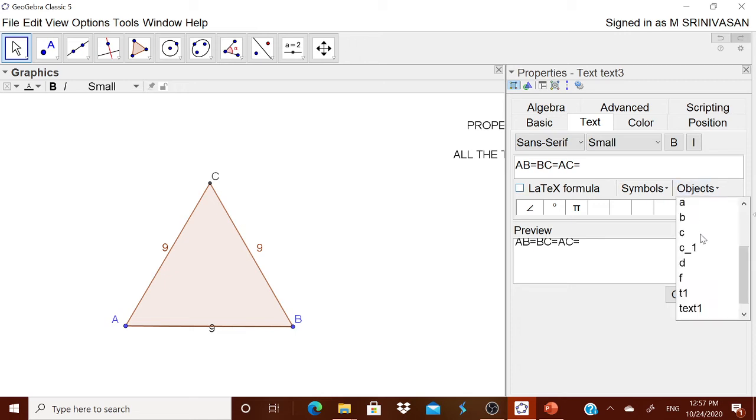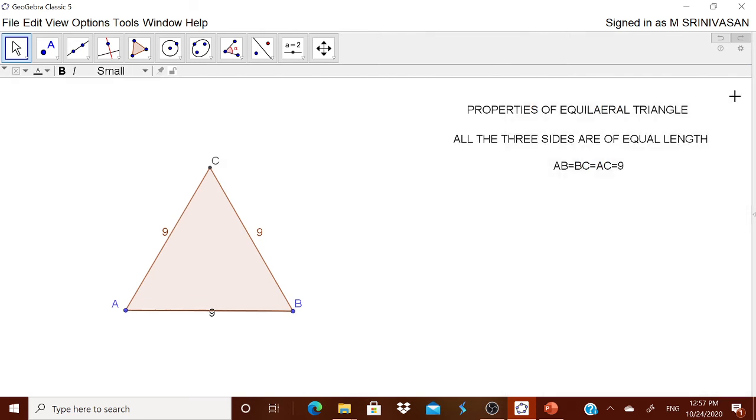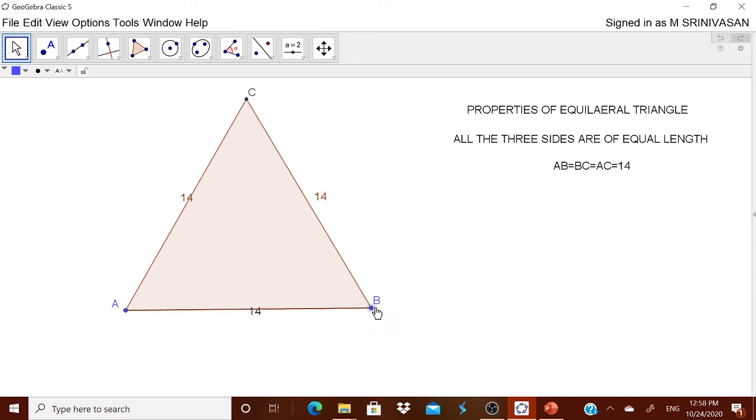In that object, I have to select this A. Put the cursor over here and then go to this object and select that A. I think it is 9 over here. You can select any of it, either A, B, C, whatever, maybe all are equal now. You can ask a child to come and drag it so that they are always equal.